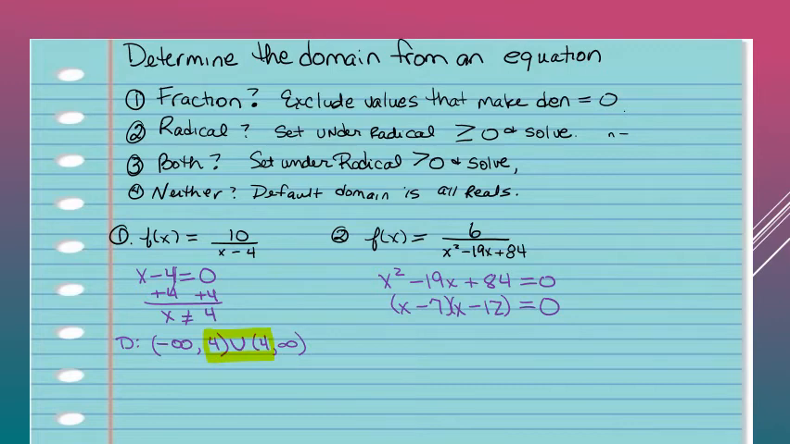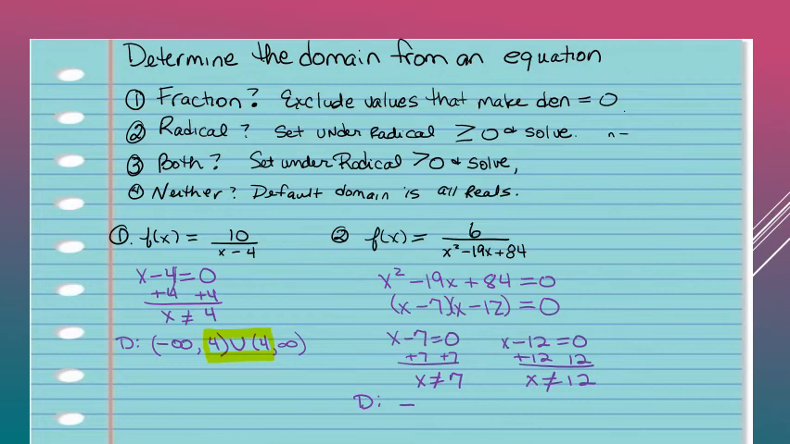And so then I set each one of those equal to 0. And I get x is 7. And I get x is 12. But technically, remember, x can't be 7, x can't be 12. Okay? And so for my domain,